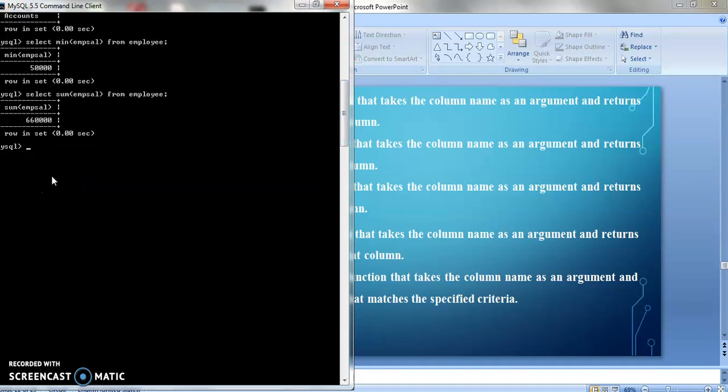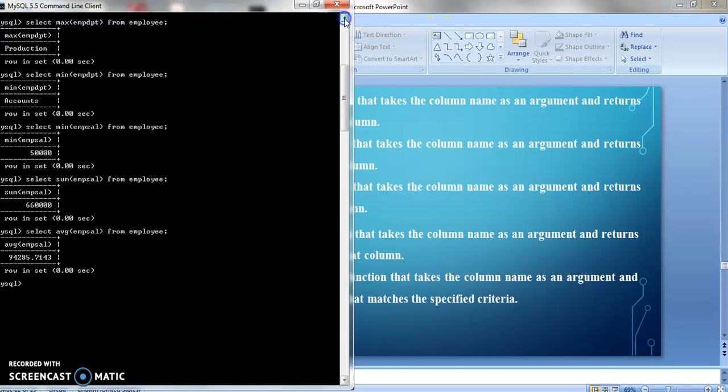Now I want the average, so I will use the function avg, with employee salary, from employee. You can see the average value I am getting is 94,285.7143 like this. I am taking the 6,60,000 and dividing it by 7. Why am I dividing by 7? Because I have 7 records.